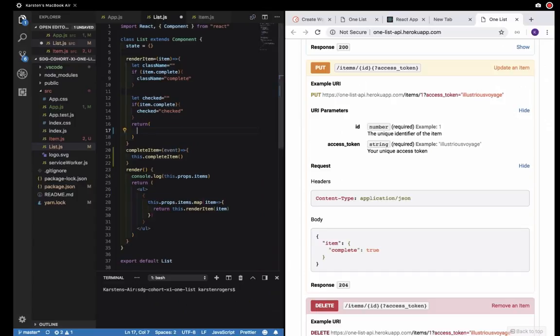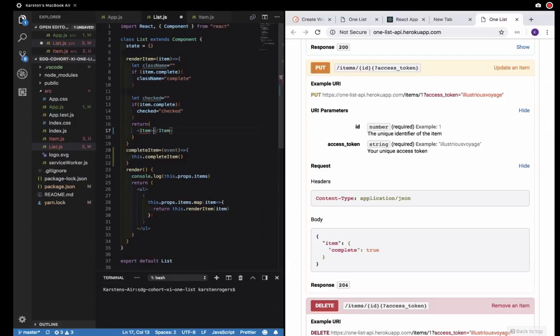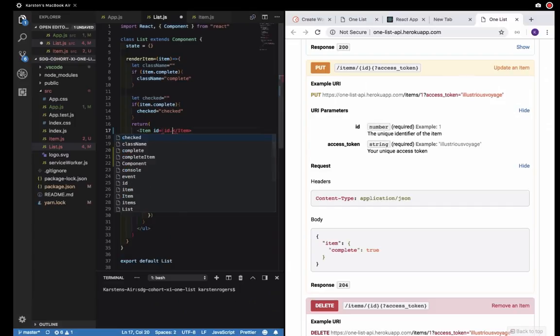Cool. Let's save this. Let's go back to list.js. Let's delete that li. And now let's add a new tag, less than Item. So let's make a tag called Item, like you're making an li, but have it called capital I Item. Cool. Yes, but we're going to add a few things inside. So let's pass the ID. So inside of the Item bracket, id equals braces item.id. Right. And let's also pass it the text. So text equals